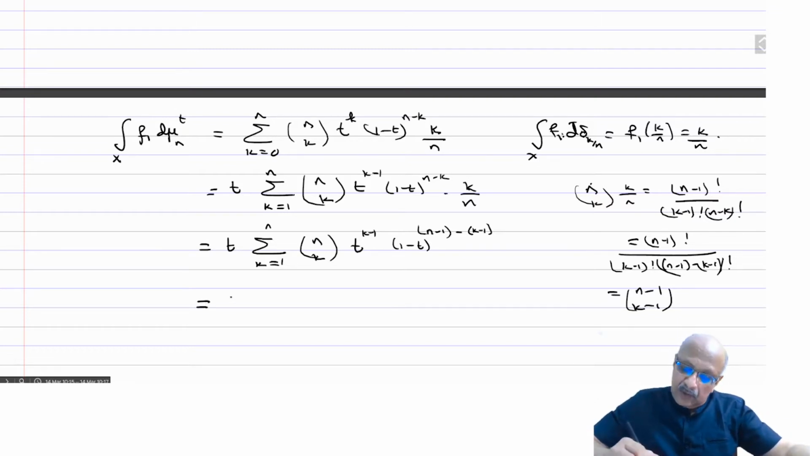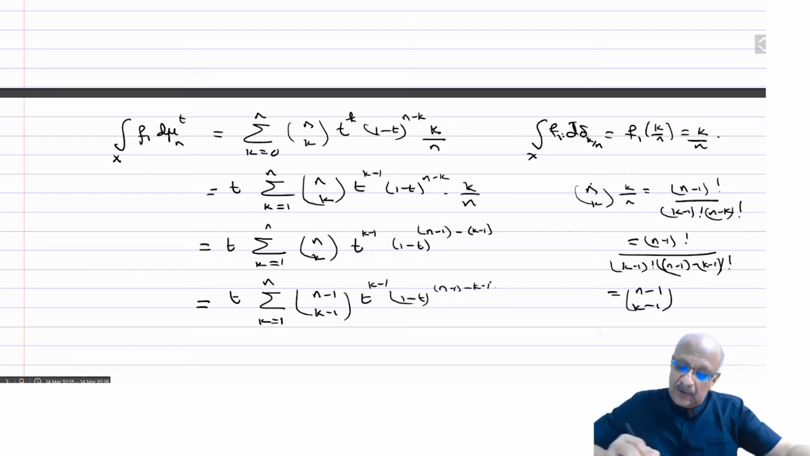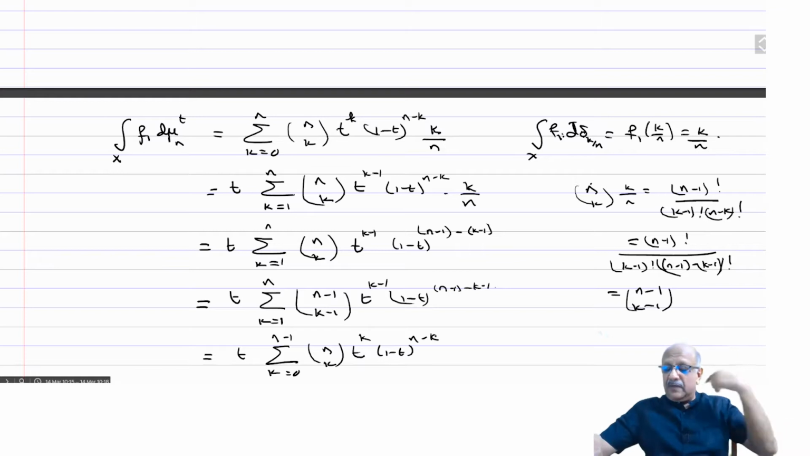So this is equal to t times sigma k equals 1 to n minus 1, (n-1 choose k-1) t power k minus 1 times (1 minus t) to the n minus 1 minus (k minus 1). Okay, and this is equal to t times sigma k equal to 0 to n minus 1, (n-1 choose k) t power k (1 minus t) power n minus 1 minus k, because I have just